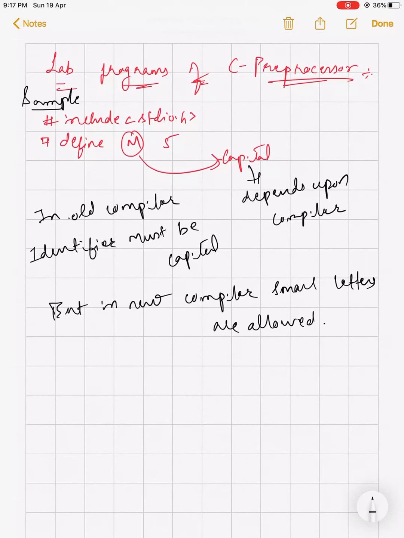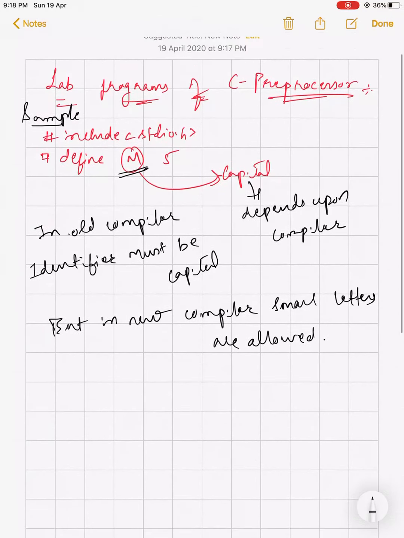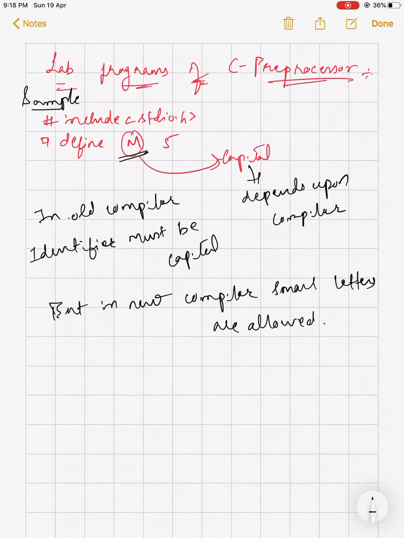I have tested it myself, I have both the compilers, the old one and the new one. So I tried writing both capital as well as small. So you go by the textbook. In the textbook they have mentioned you have to use capital, so use the capital. This was a doubt by the student named Shubham. So Shubham, just pay attention. You can use either, but it depends upon the compiler. If it shows a warning or error, you just need to shift to capital. Clear? Okay, this is just for the understanding part.